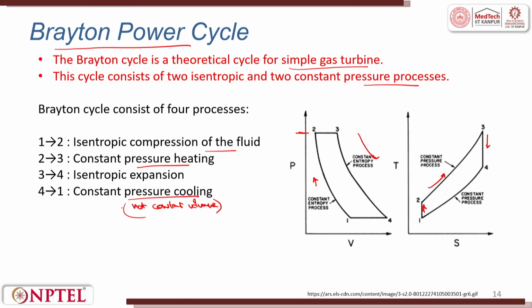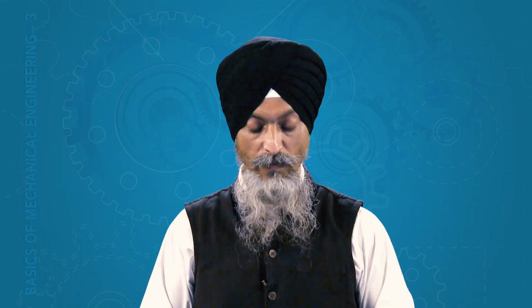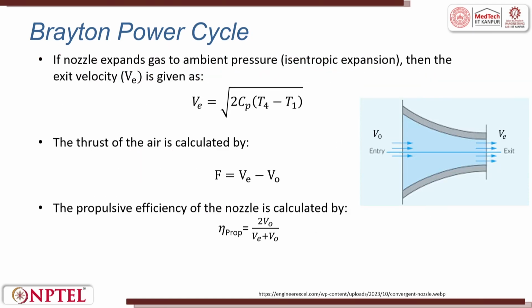Then comes constant pressure cooling. Here the pressure is constant from 4 to 1 and it is cooling, that is the temperature is also decreasing from 4 to 1. This is the Brayton power cycle. I did not do any longer numerical statements in the diesel power cycle because I have discussed that in the previous part of this tutorial. Similar problems could also be discussed in the diesel power cycle or Brayton power cycle, but to just calculate the simple values here, I will try to use these relations.